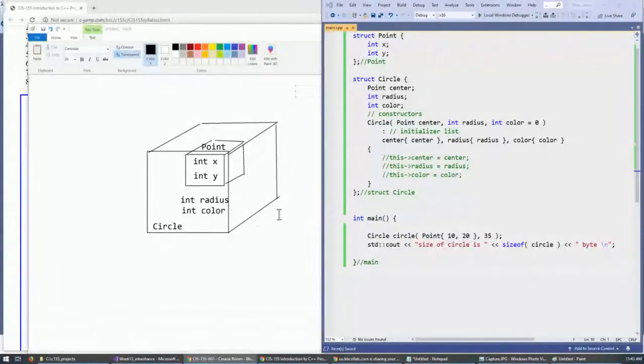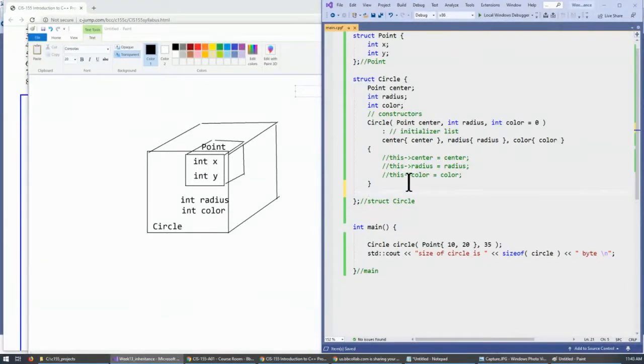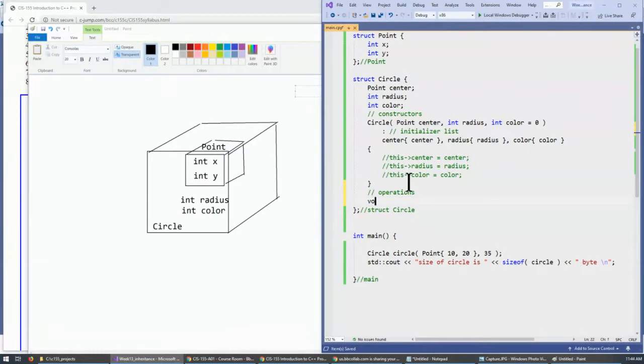Next thing that I would like to do with my structure over here is to be able to print its information for debugging purposes. So I can add this member function. I typically add a comment that says operations. So these are the operations that my structure permits,